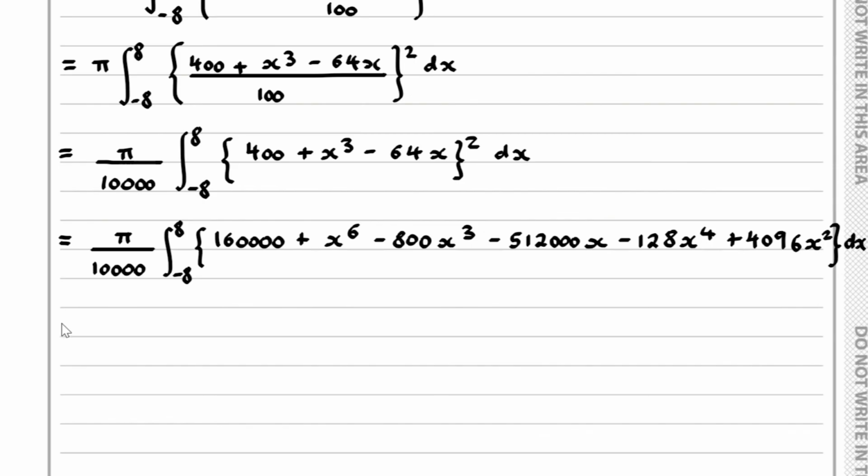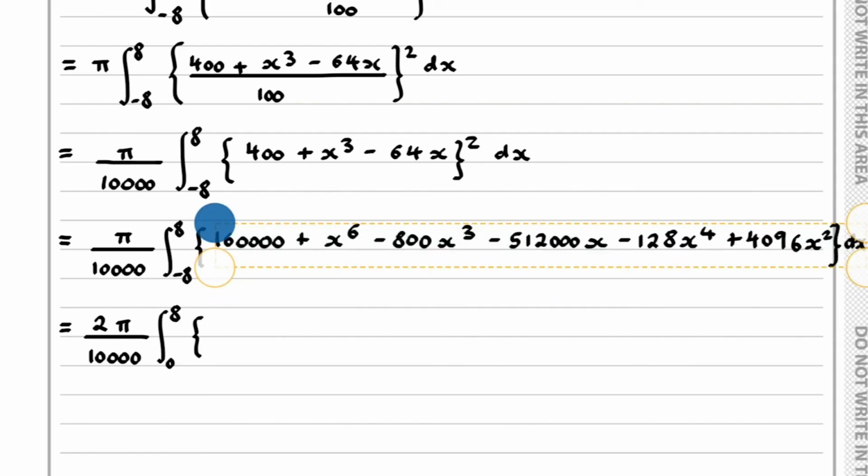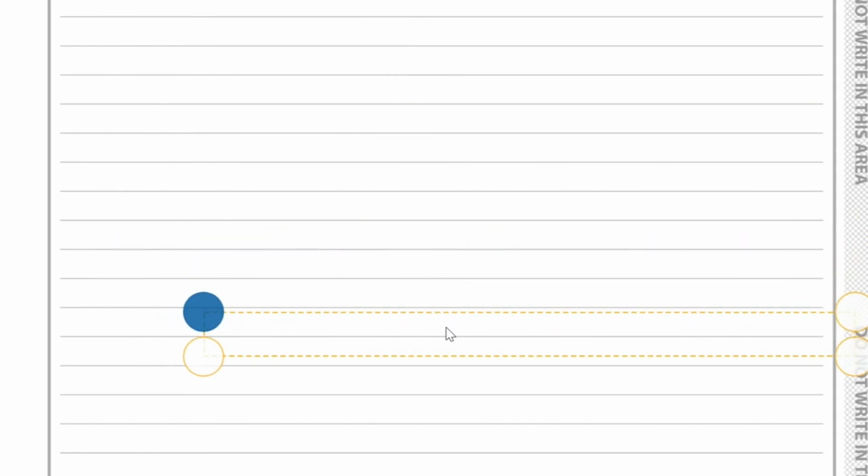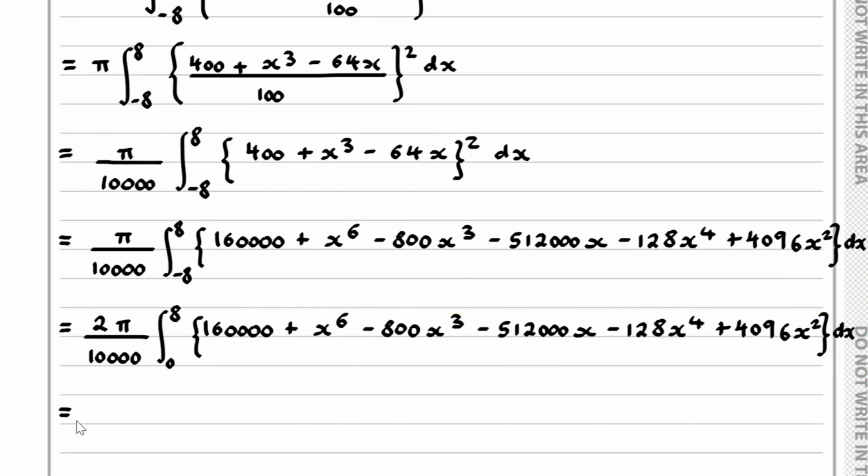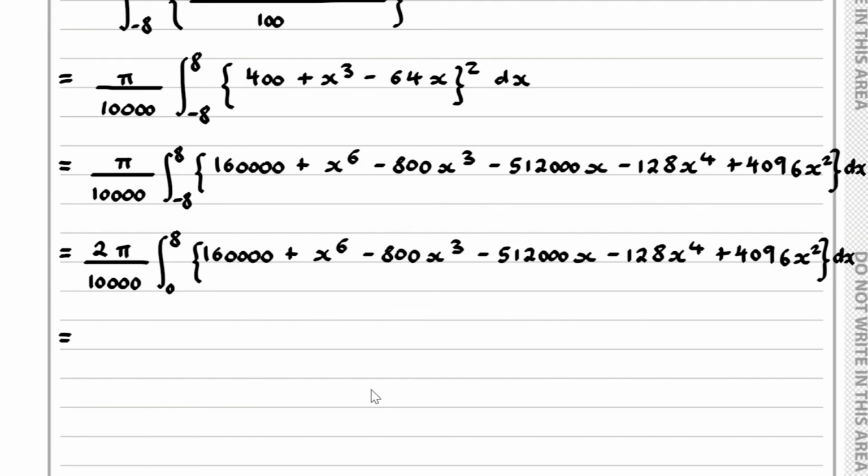So if I work this out, well, what this is the same as is 2 pi divided by 10,000 from the integral from 0 to 8, and then this bit is the same. So if I work out what this is, well, I still have the 200 over 10,000 pi, and then